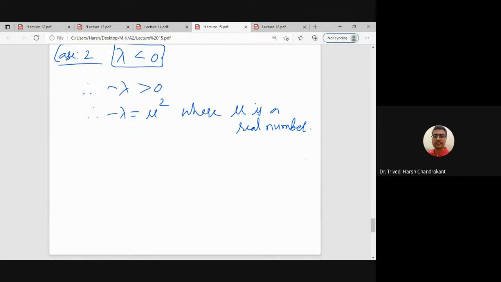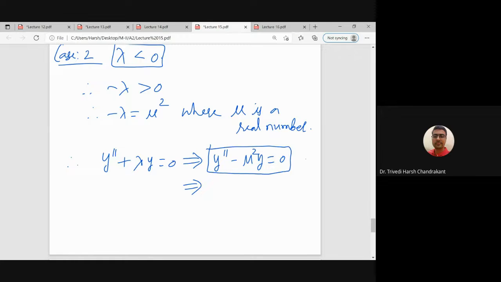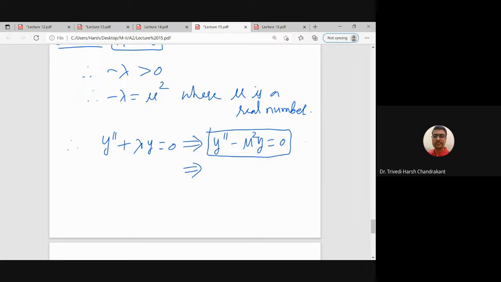That number we are calling mu. So basically mu is the square root of minus lambda. So in this case, what is the solution? The given differential equation is y double dash plus lambda y is 0, and if we substitute lambda equal to minus mu square, we get this equation. Now you can understand why we have taken lambda equal to minus mu square, because we get a differential equation of this form, a second order differential equation with